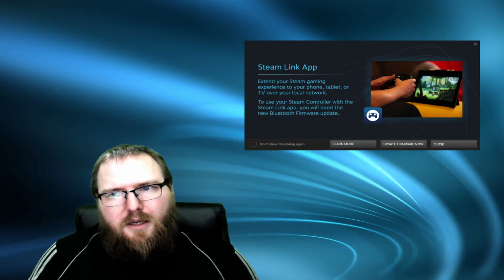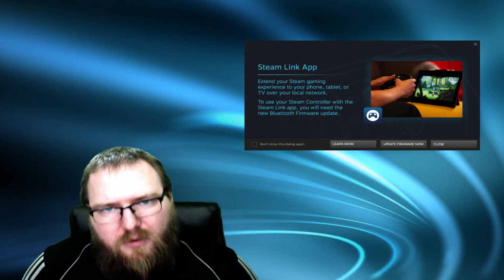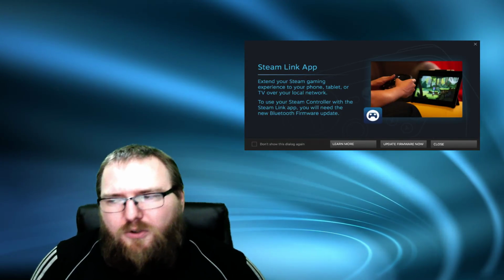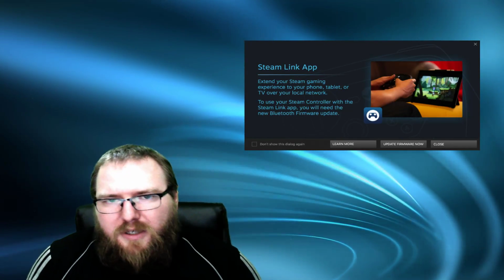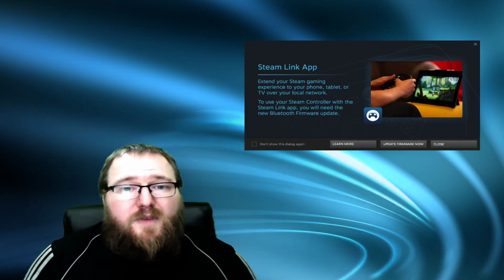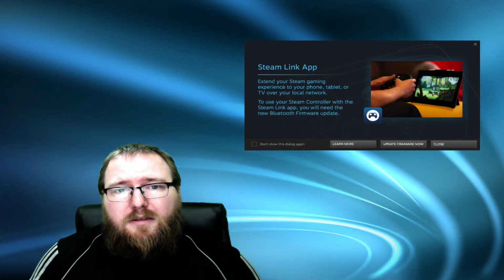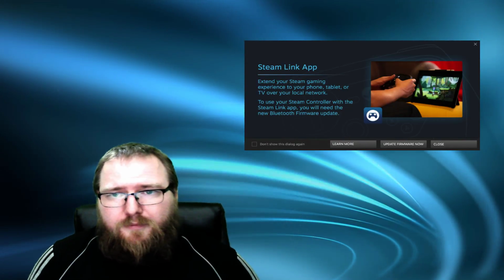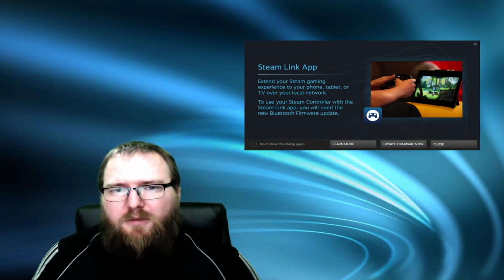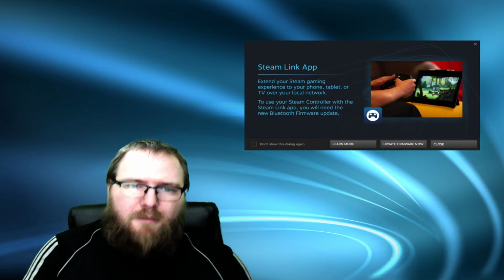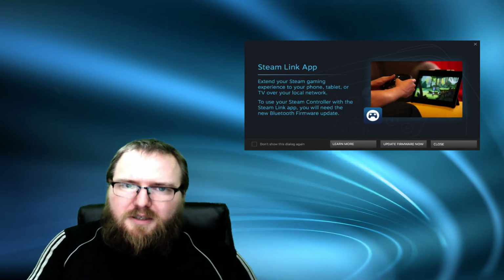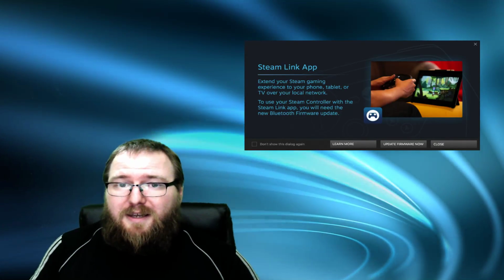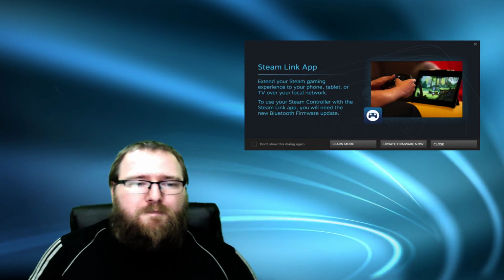Only because the Steam controller was designed to be upgradable, AKA, you can swap parts out, you can upgrade it, mod it, whatever. Never once did I hear that it had a Bluetooth receiver in it. So it was very odd to me, because you always have those videos where they take apart stuff and they're like, oh, look what's in here, look what's in there. And I didn't hear anything that this thing had a Bluetooth receiver. And then all of a sudden, they're bringing out this